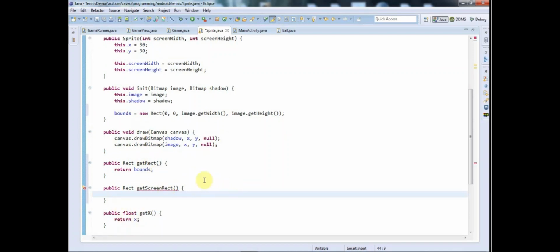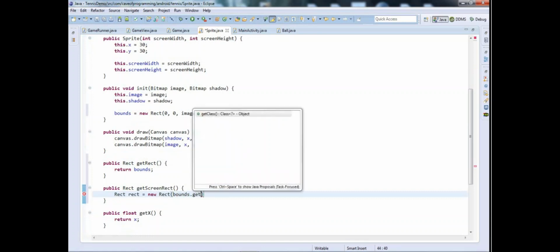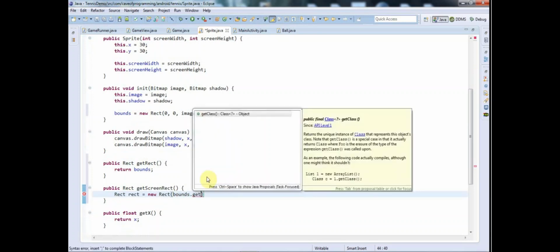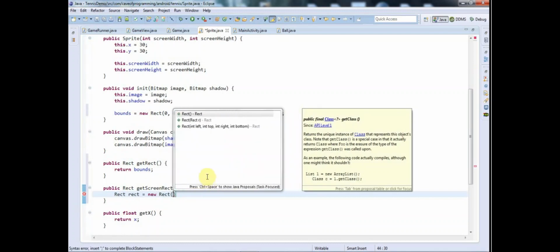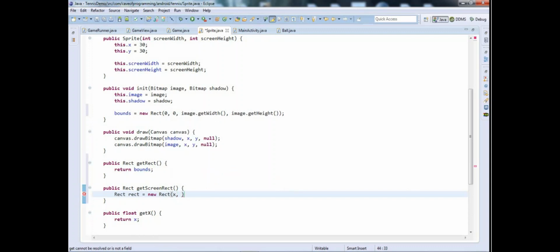And to do that, I'm going to say rect screen, actually let's call it rect equals new rect, and the left is going to be bounds.get, well actually it's going to just be x, isn't it? It's going to be x, and the y,